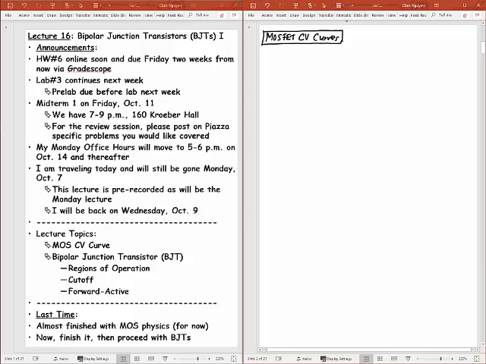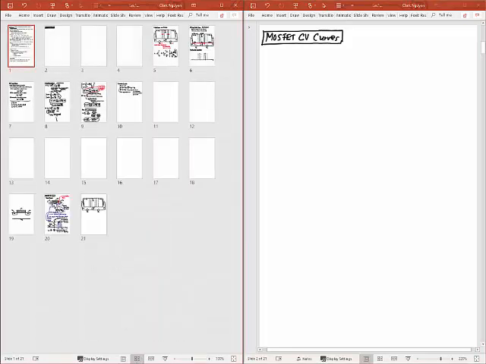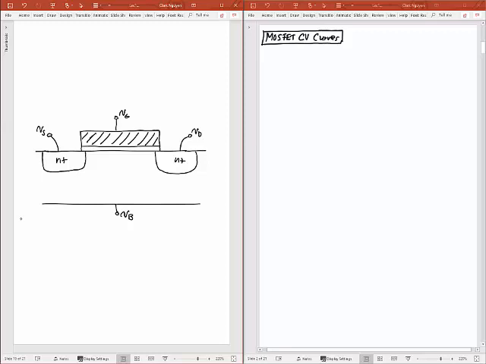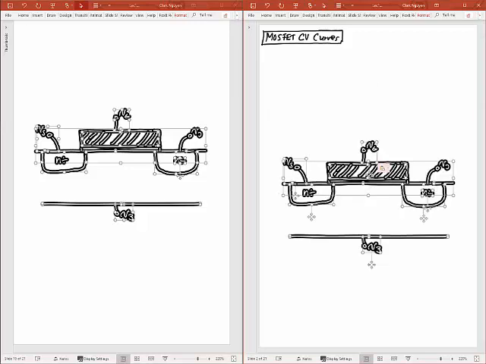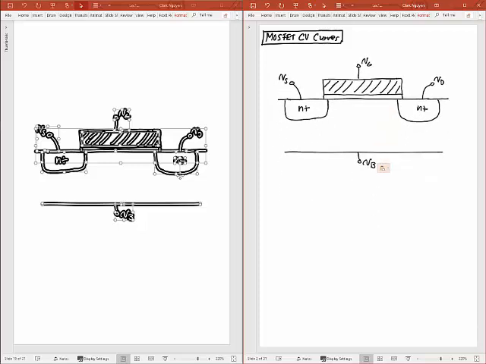All right, so let's talk about these MOSFET CV curves, and for that, let me grab our MOS transistor that I've been using several times now.